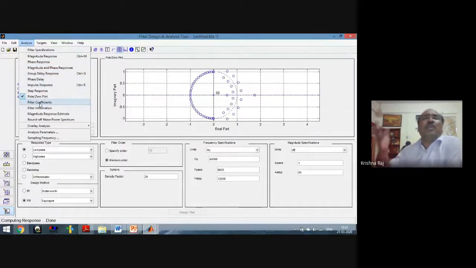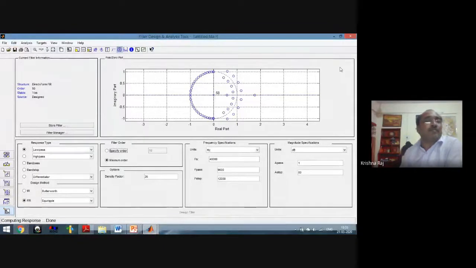There are so many analyses, and after going through these analyses we can decide whether the designed algorithm is useful or not. And if it is not, naturally there is some need of modification, and accordingly we will modify our algorithm, design it again, and analyze the responses again. After getting a satisfactory result we will move to the next section here.